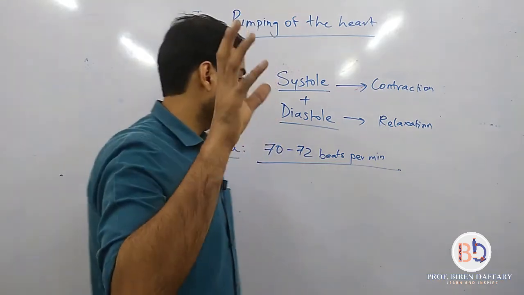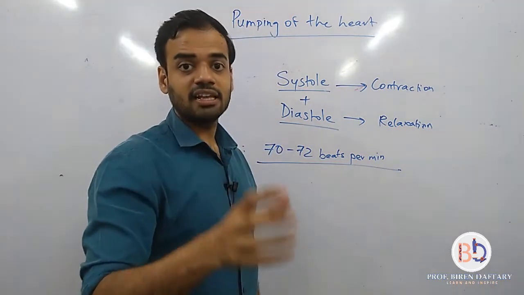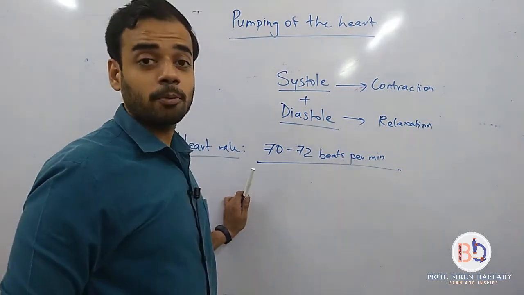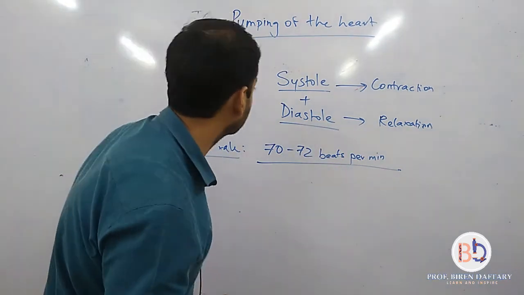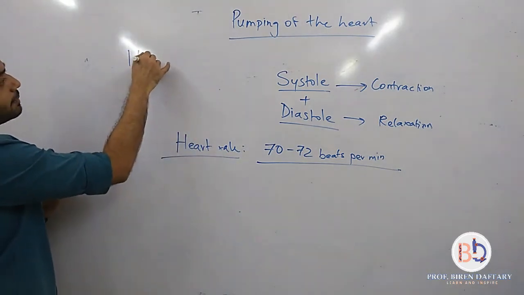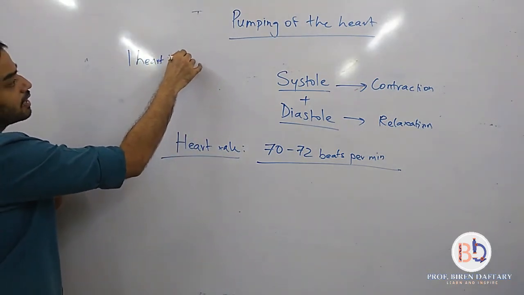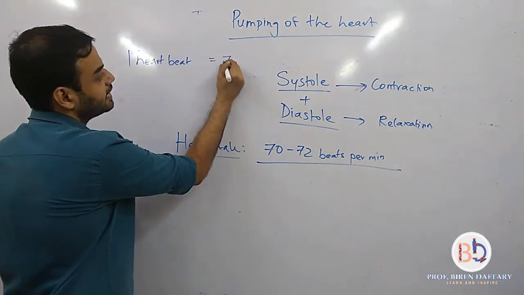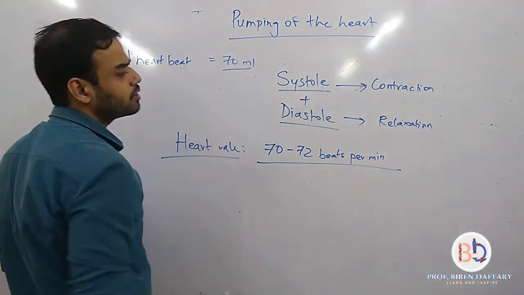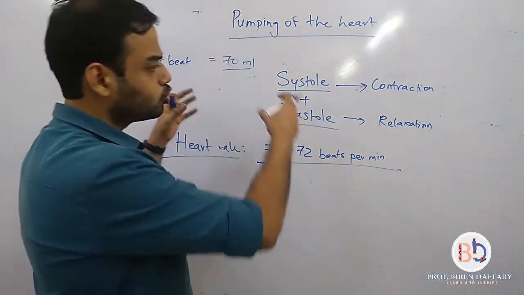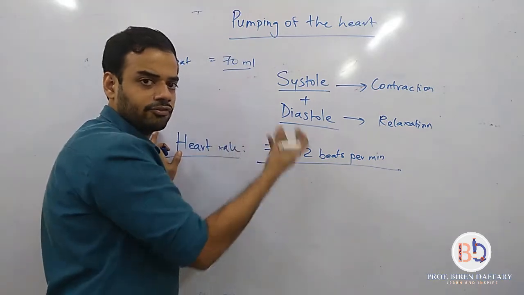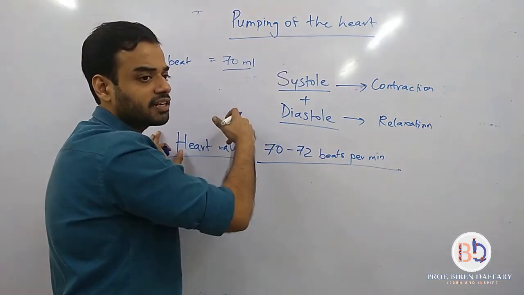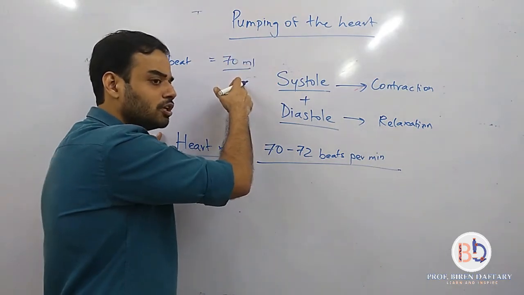Now, in one beat, the left ventricle pumps approximately 70 ml of blood. Okay, in one heartbeat, how much blood is your left ventricle pumping? 70 ml. Why am I considering only the left ventricle? Because the blood which is coming into the left ventricle, where is it coming from? Left atrium. And where is that coming from? Right ventricle. Where is that coming from? Left atrium. So that